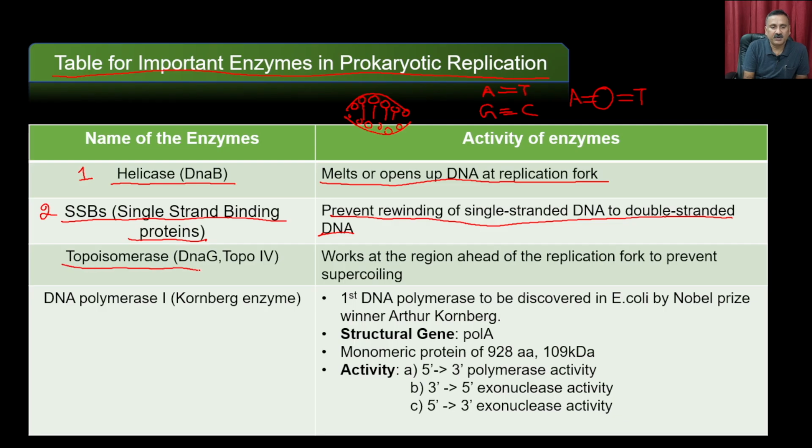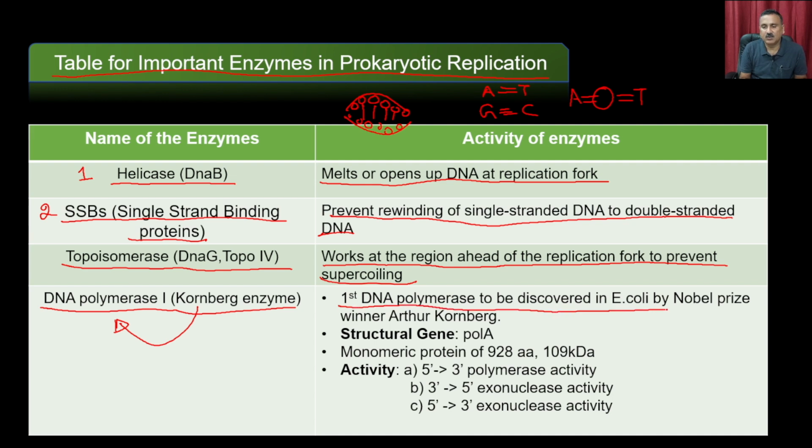Then you also have the topoisomerase or DNA gyrase. Topoisomerase works at the region ahead of the replication fork to prevent the supercoiling. And then you also have the DNA Pol 1, also called the Kornberg enzyme, because Kornberg is the first scientist who discovered DNA Pol 1. It was the first DNA polymerase to be discovered in E. coli by the Nobel Prize winner Arthur Kornberg, and the gene coding the DNA Pol 1 is called Pol A, and it is a monomeric protein of 928 amino acids, or 109 kilodalton,